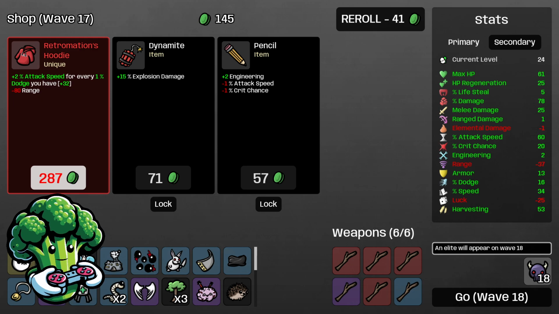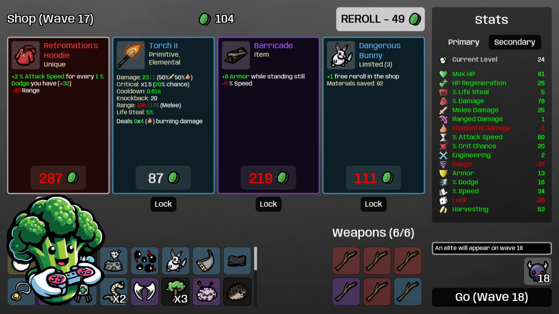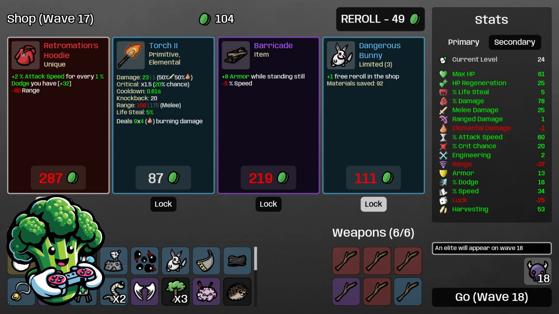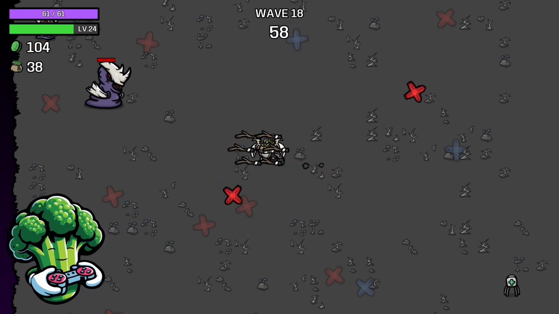Retromation's Hoodie: +2 attack speed for every 1% dodge you have. So that's a lot of attack speed. That's 32 or so, and we definitely want that, so I'm going to lock that in. I don't care about range, so Dangerous Bunny, I'll lock that in too, just for another reroll, but...